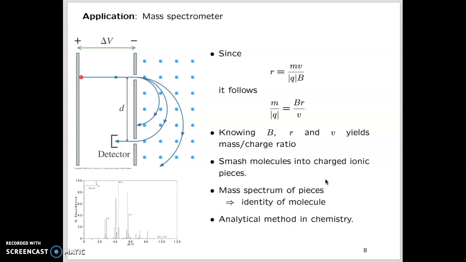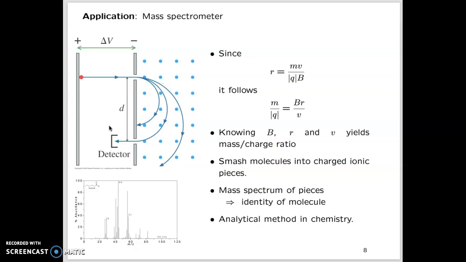There is a device called a mass spectrometer, and a mass spectrometer is an analysis tool. Okay, so for analyzing what? Well, for analyzing chemical composition. How does it work? Okay, imagine that you have some molecule or some substance. Maybe it's a mixture of many molecules, but just think of one type of molecule. And what happens in a mass spectrometer is those molecules are smashed to pieces. Okay, so you start with a molecule with many atoms, they're smashed to pieces, and all of the pieces that make up this molecule